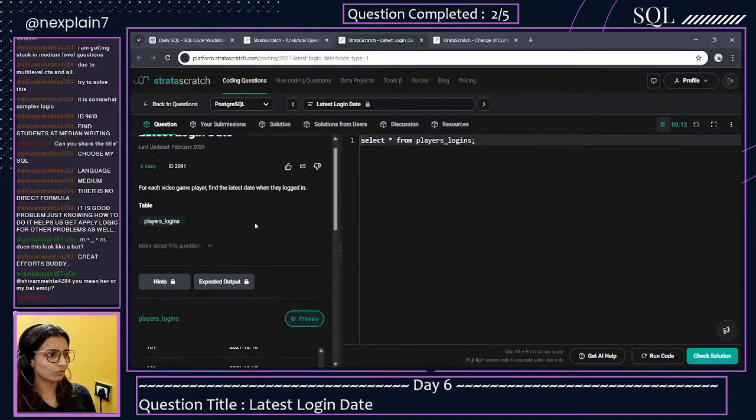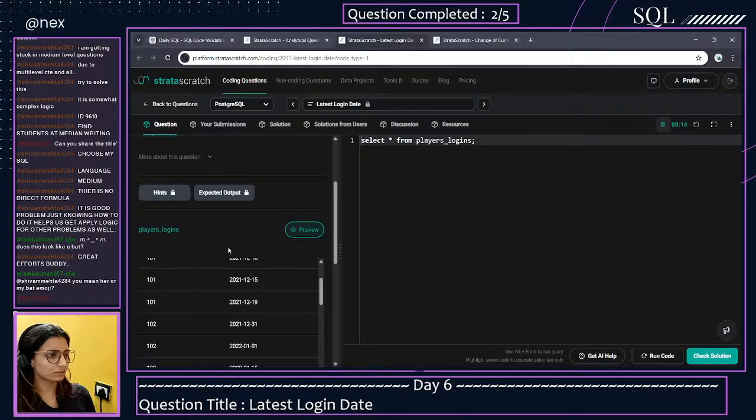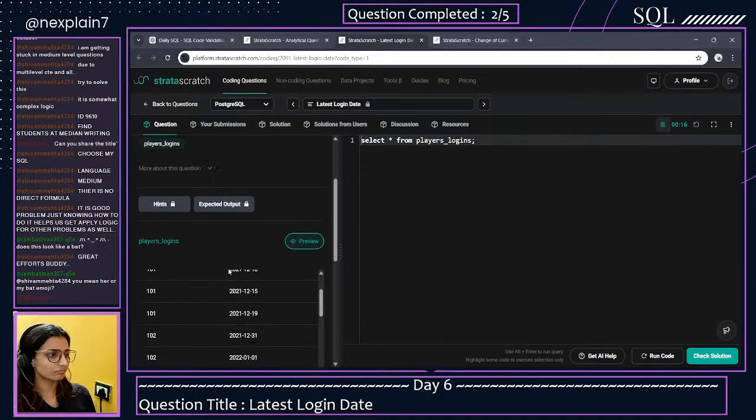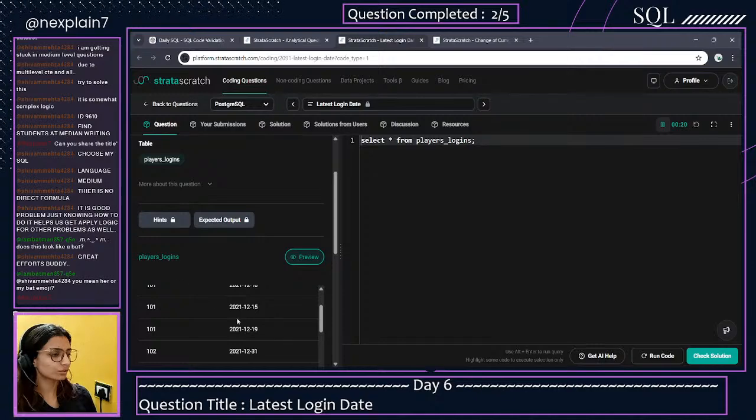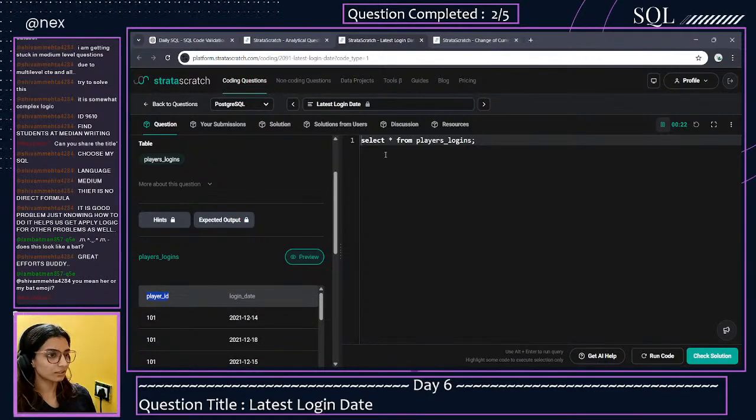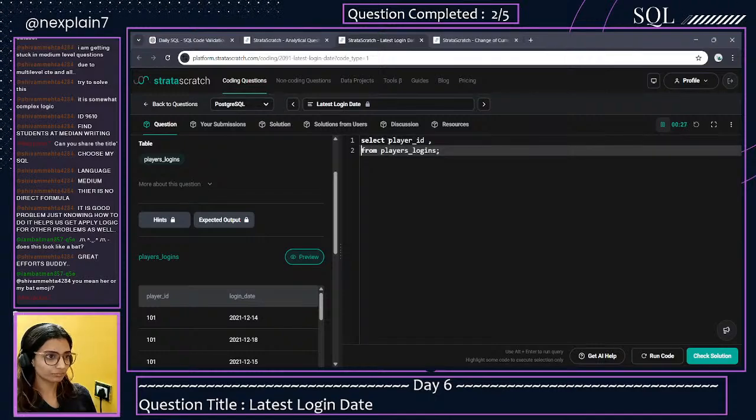It's more of a partition by and get the max. Okay. For each player ID, for player ID, get the max login date,